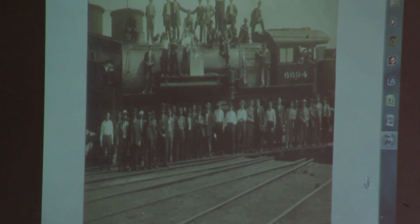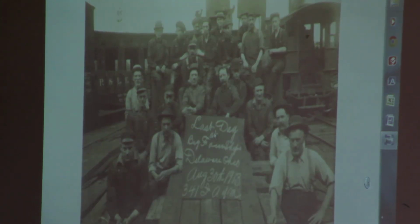1913. Okay. There's another shot. Last day, Big 4 shops, Delaware, Ohio. There's the date, August 30th, 1913. The Union, 341, I and FM, and